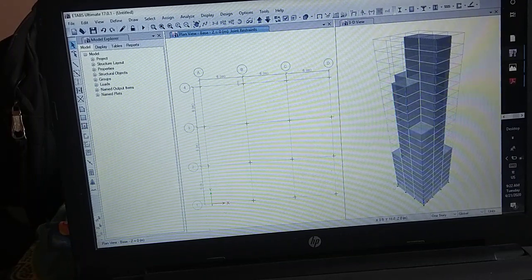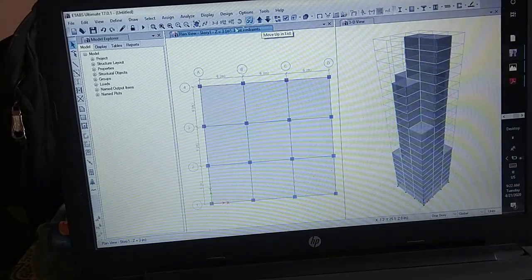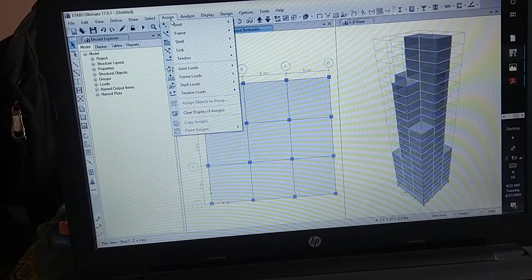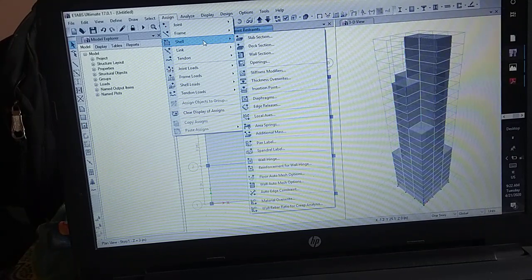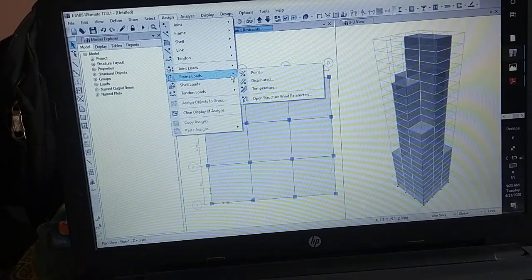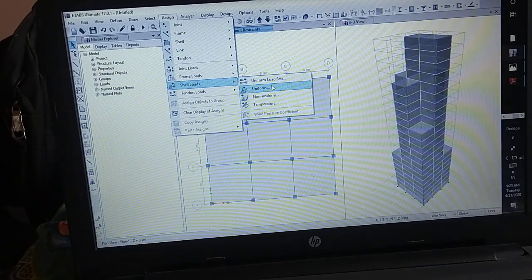Then we are going to assign the loads. So Assign Shell Loads, Uniform.